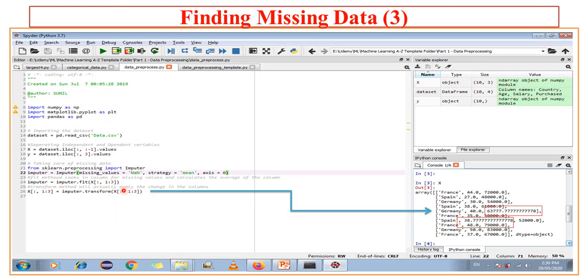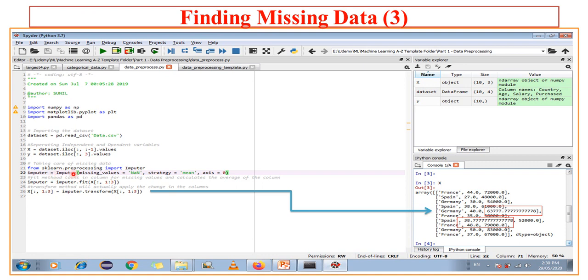Now I have executed this code here. I have done three things. I have imported the libraries, then I have imported the data set using pandas.read_csv. Then I have separated the independent and dependent variables in terms of x and y by using the iloc function and by specifying the slices on which I want to operate and extract those independent and dependent attributes, that is the feature vector and dependent vector.